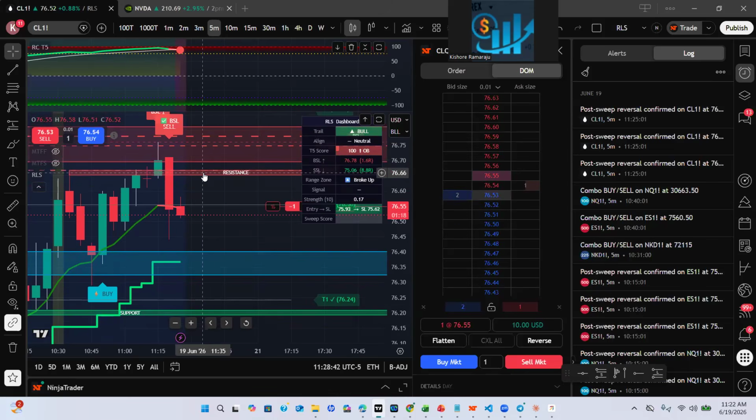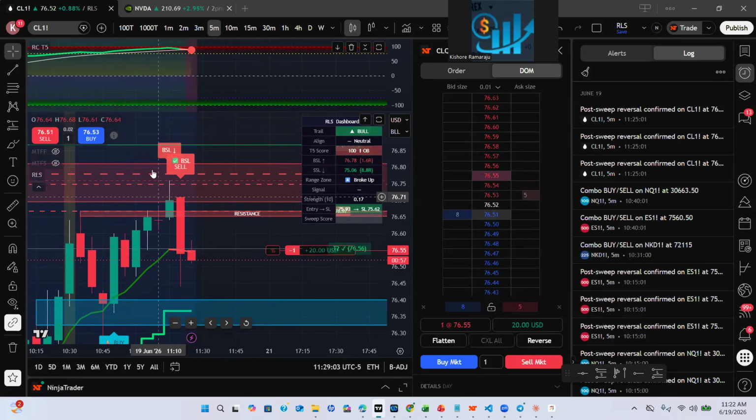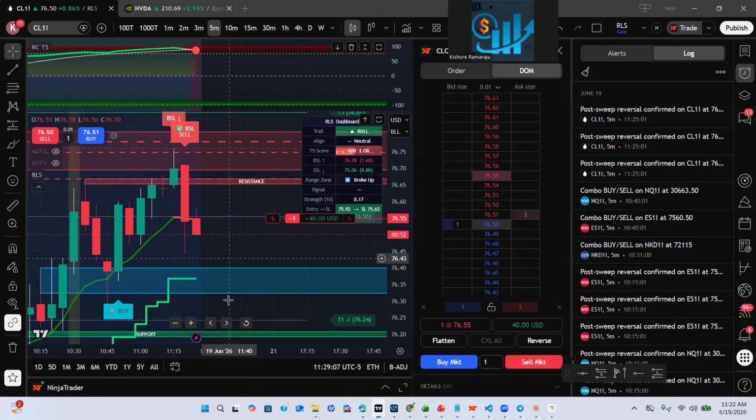You had a resistance here, so that means a lot of people will try to sell here. The market makers took the price all the way up. So you'll have stop losses on your sell orders. They will hunt all the stop losses and then reverse the direction. So they swept the buy side liquidity. Now they are again going back in this.